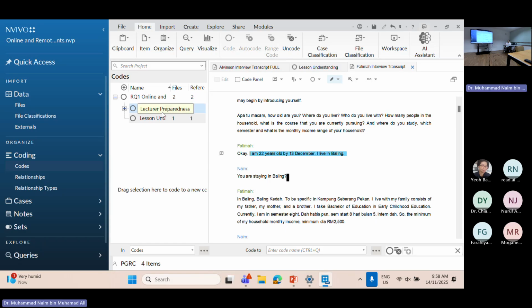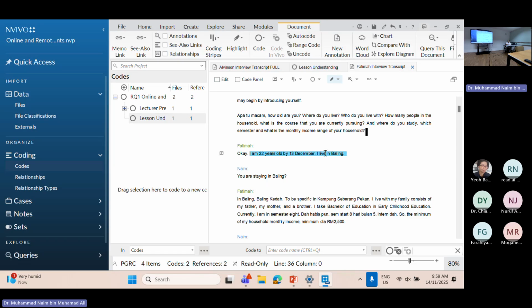This is for you, pretended to be similar or overlapping. This is in NVivo, but I cannot show you because you don't have it.